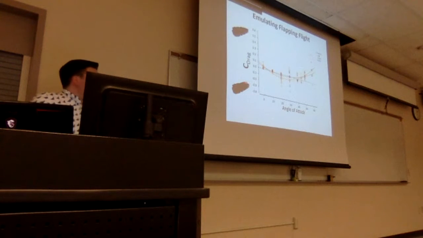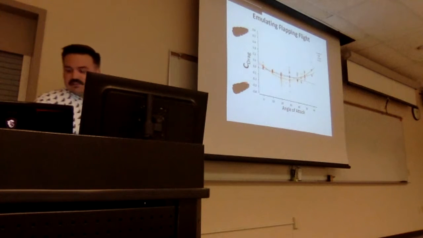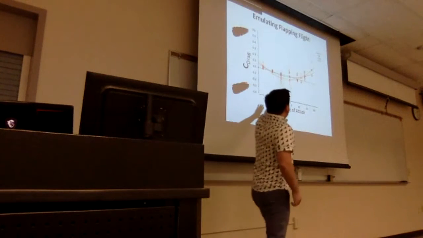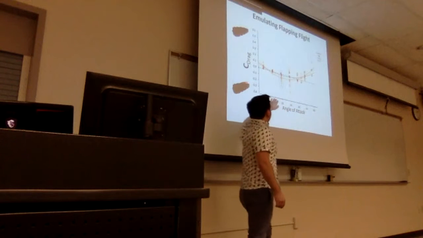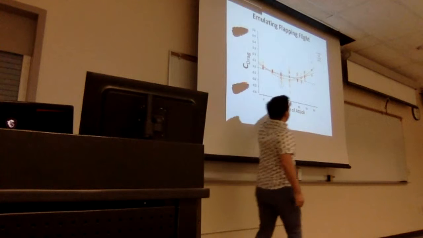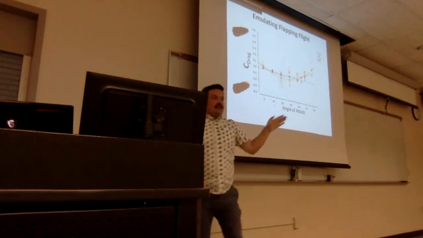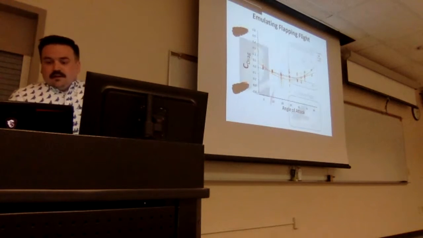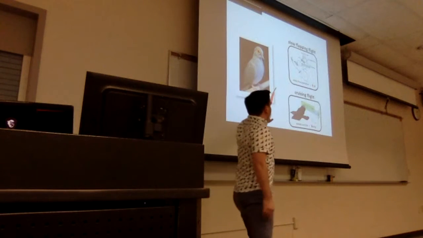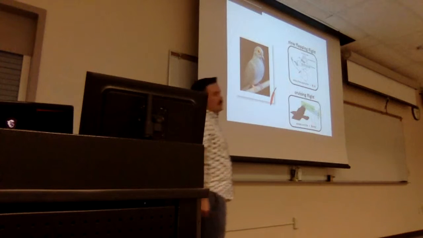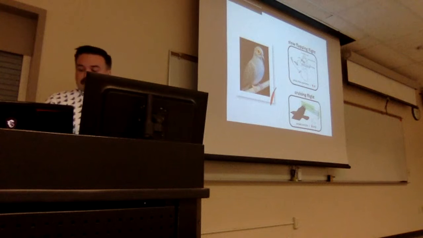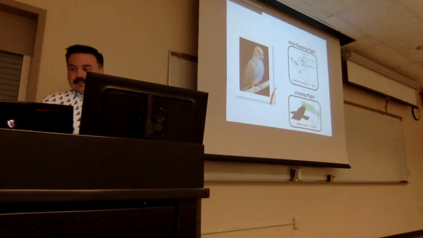On the drag side of things, we don't see any really strong trends, although it is kind of interesting to note that in those moments where intact wings are producing maximal lift, they're also producing really high drag, higher than if they had molted that feather. So overall this is pretty good evidence that this strange P10 feather in the diamond doves is acting to increase lift during slow flapping flights, but also decrease drag during cruising flights.